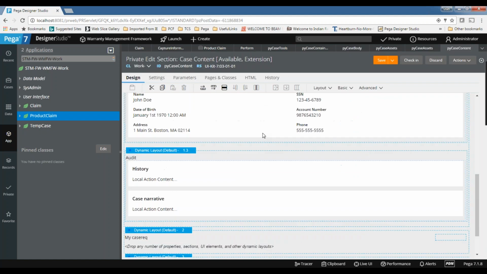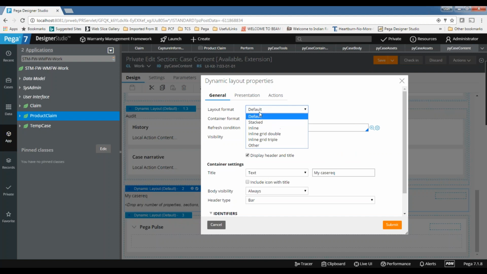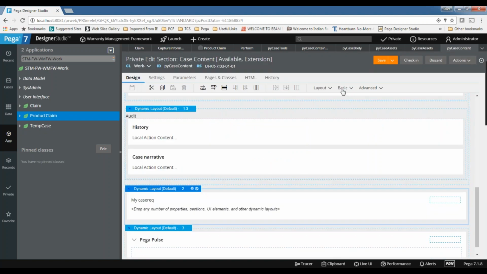So basically I need it outside of the audit. Just add one label for now.